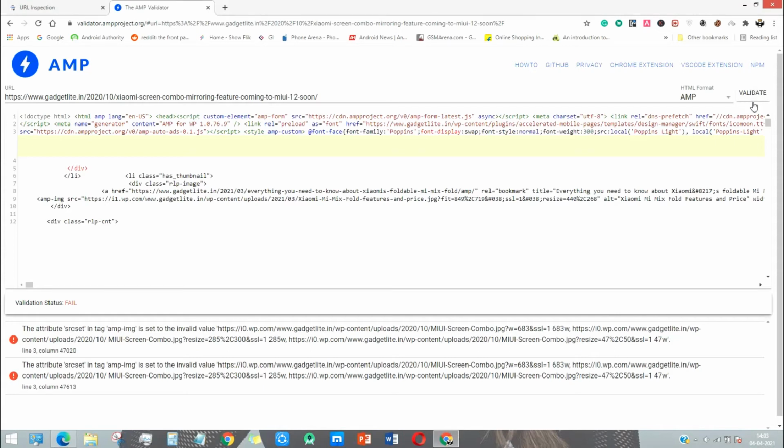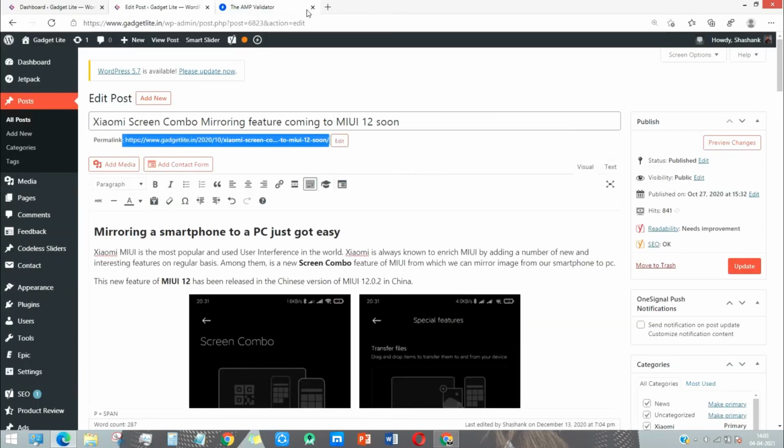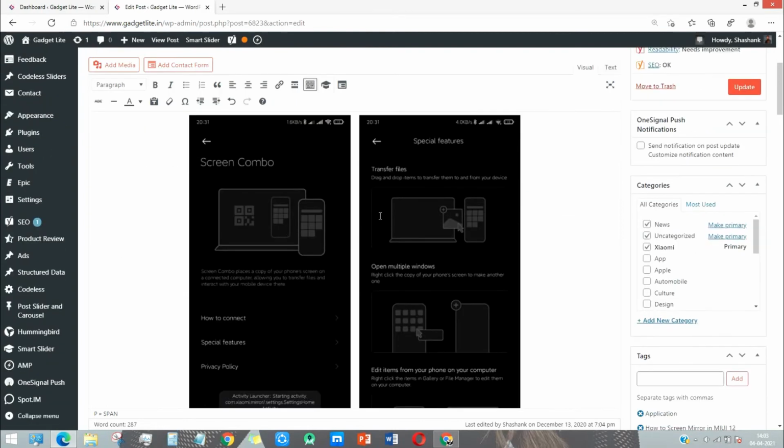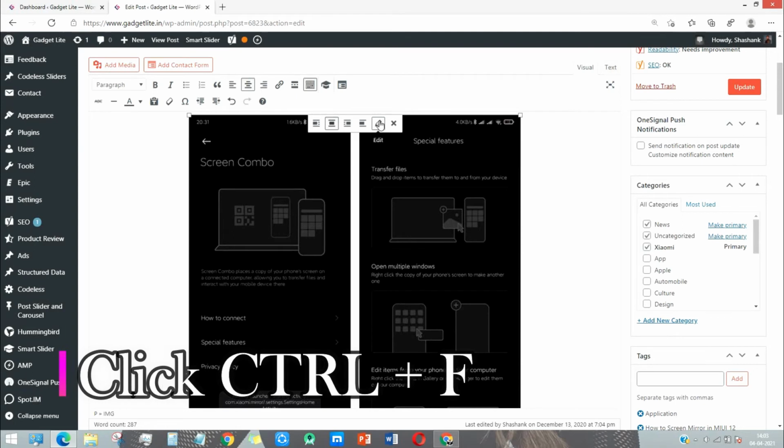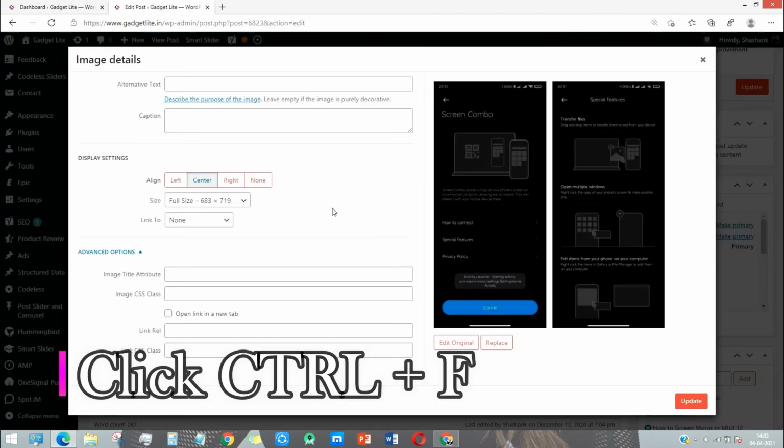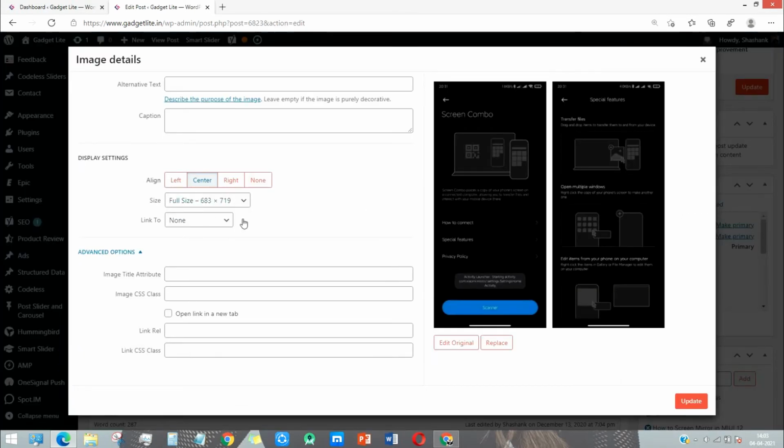Now quickly we will rewind the same process but with another affected link, so nothing will be missed out and it becomes easy for you to do. This is the affected post and this is the affected image, which you can search by the name of the image via the search box. Now click on the edit image option. Here is a new thing, you should pay attention to it. Sometimes it still doesn't completely solve the issue.